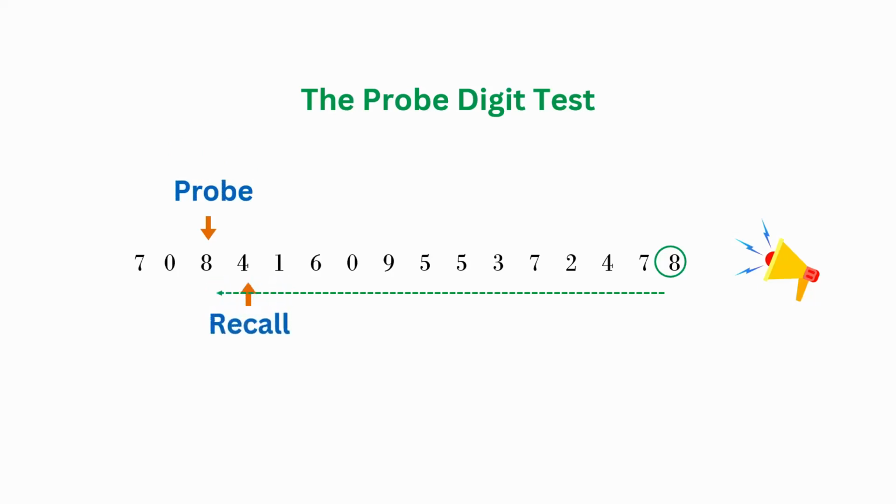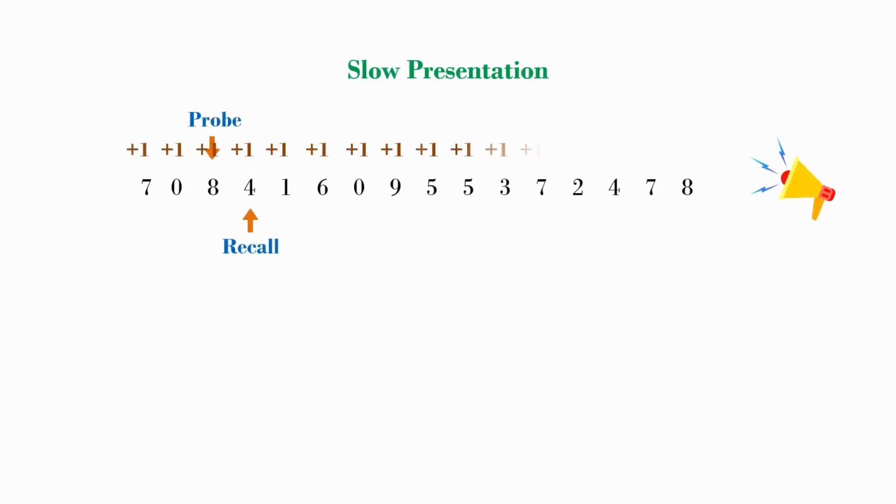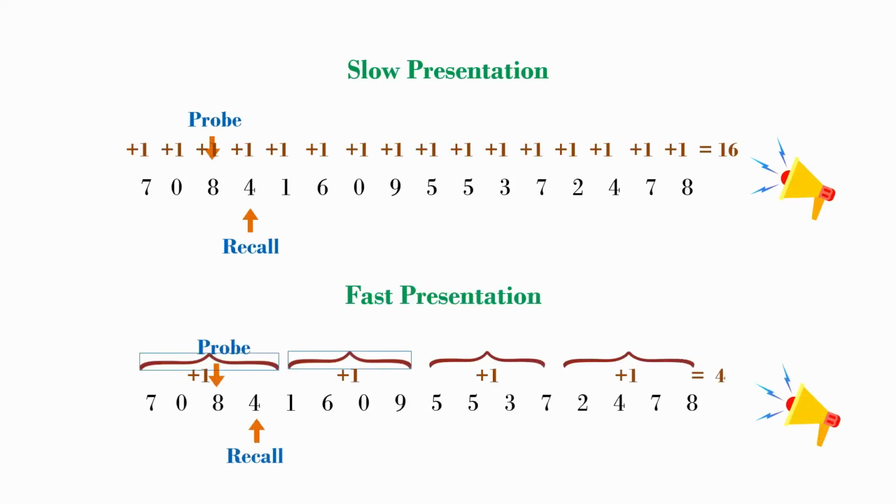is digit 4. First, the digits were presented slowly at a rate of 1 digit per second and then quickly at a rate of 4 digits per second. The slower presentation meant more time elapsed between each digit, taking a total of 16 seconds to present all 16 digits, whereas the faster presentation took only 4 seconds. According to decay theory, slower presentation should result in lower recall rates. However, the researchers observed that there was a slightly higher but not statistically significant recall rate with the faster presentation compared